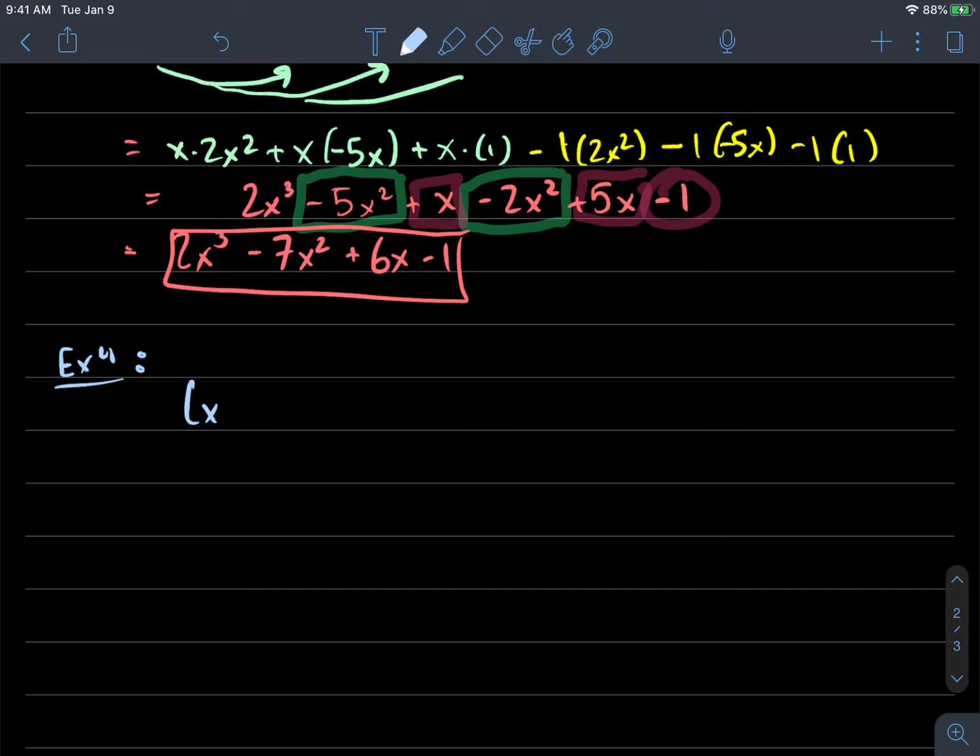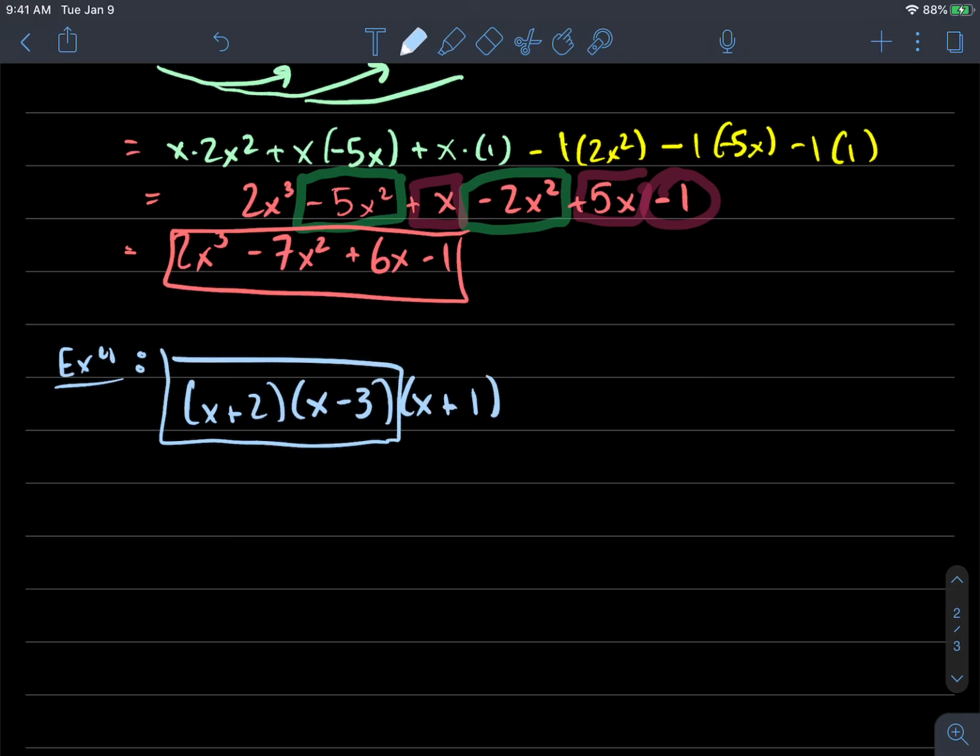So you're going to have x plus 2 times x minus 3 times x plus 1. Don't be scared, all right? First, you're going to multiply these two together, all right? So let's just worry about this. X plus 2 times x minus 3, all right? So this is going to equal